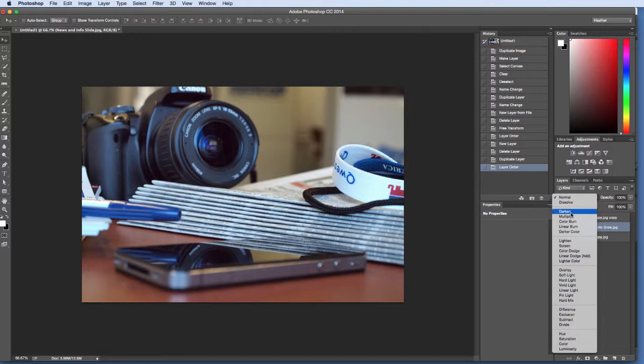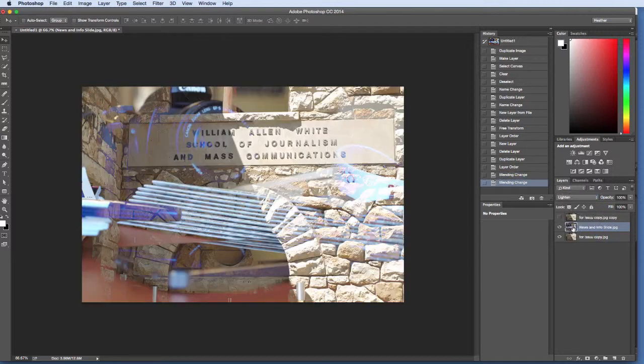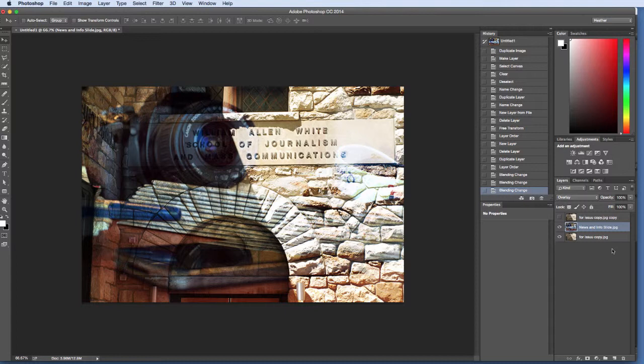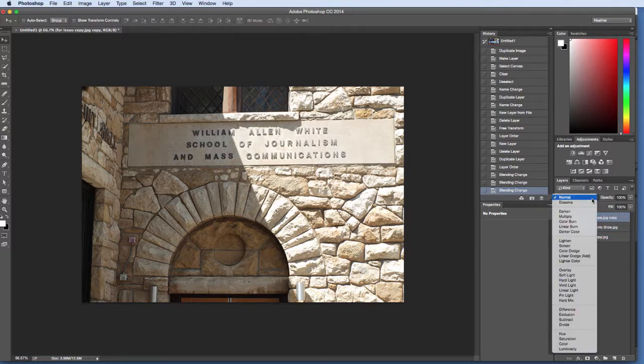And layer modes, the way they work is they play with the color of the selected photo and the color and levels of the image or color below it to work together. So as you can see, you can choose some interesting effects using that. So I kind of like overlay, and I'm just kind of burning this part of the image onto here. I'm now going to reveal my top layer